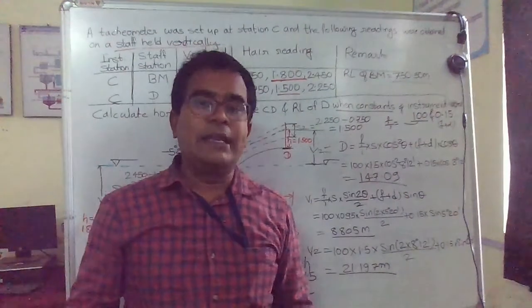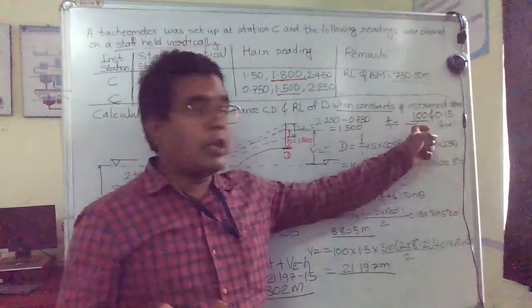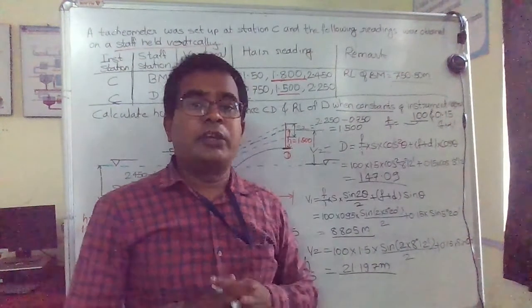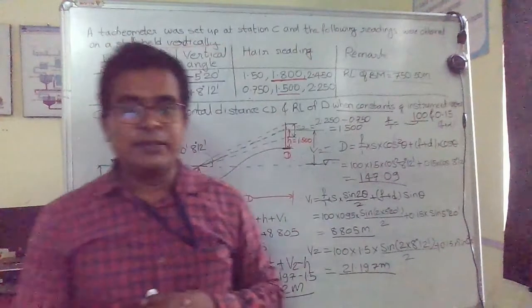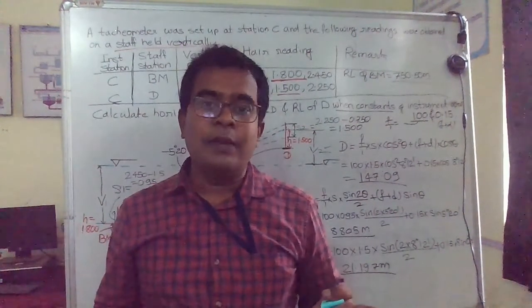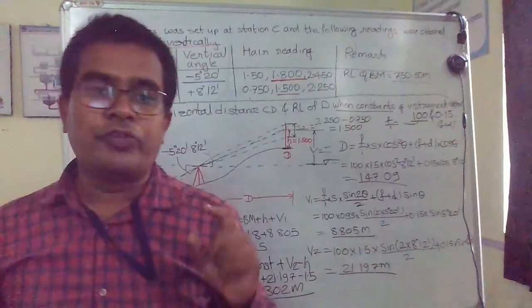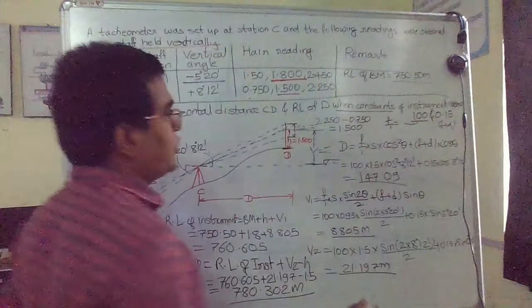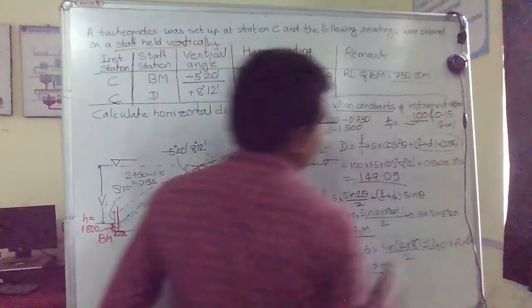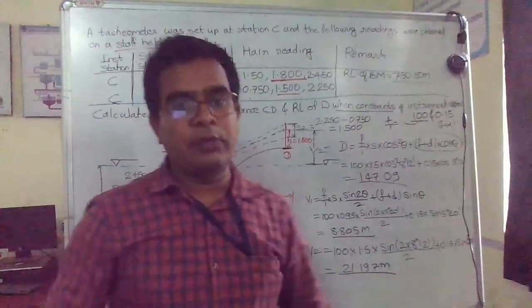Is fitted with the analytic lens. Means it may be mentioned that these values of constant are not given, and it is mentioned that the tachometer is fitted with the analytic lens. In that condition we have to take, we know that when the analytic lens is provided, the value of f by i is 100, that is the multiplying constant is 100 and the additive constant is 0. When additive constant is 0, then your f plus d will be 0, and then our calculation will be more